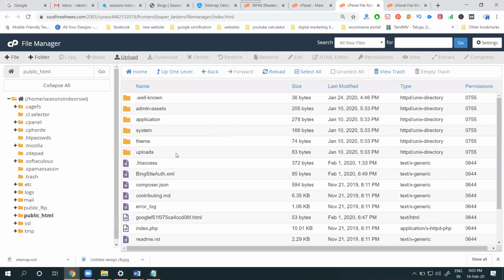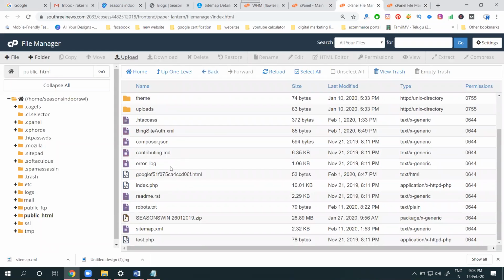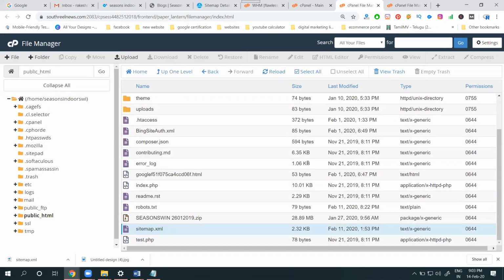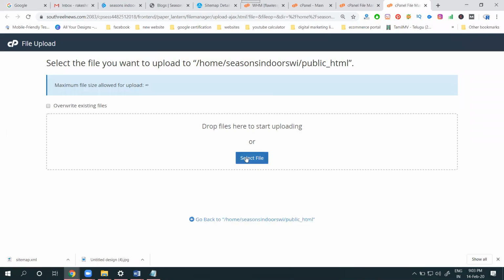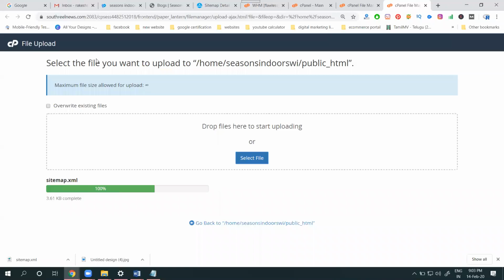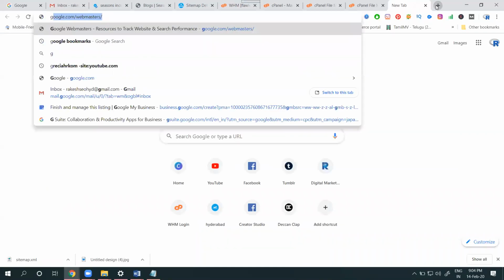Before upload, there is a small syntax problem we have recently been facing. Before upload, remove the old XML sitemap. Upload the new one. When you're replacing it, we are facing some issues from the cPanel. So remove the old one, upload the new one. After that, go to Google Webmaster,